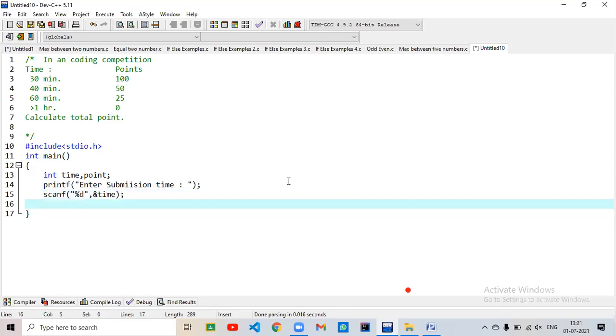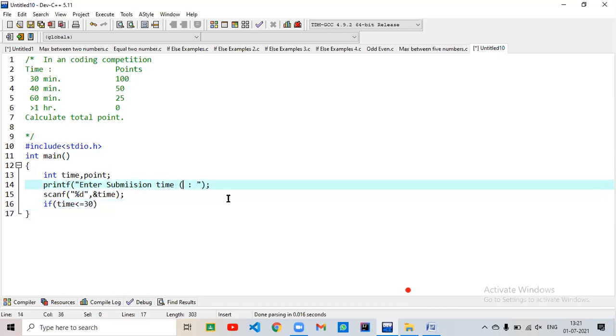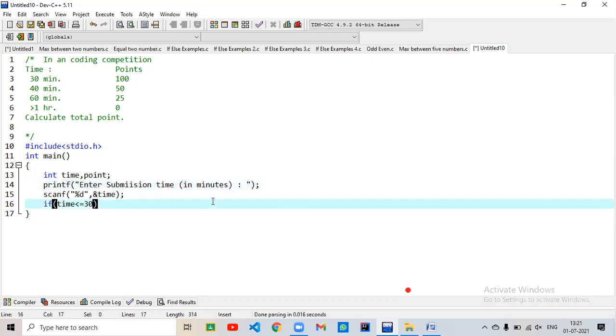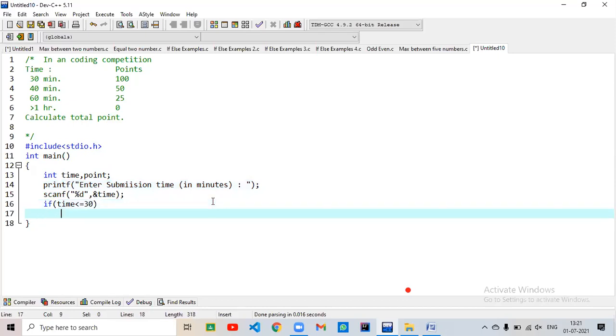So now we will check these conditions. What are the conditions? If time is less than or equal to 30, and also we have to mention enter submission time in minutes, then point equals 100 points.